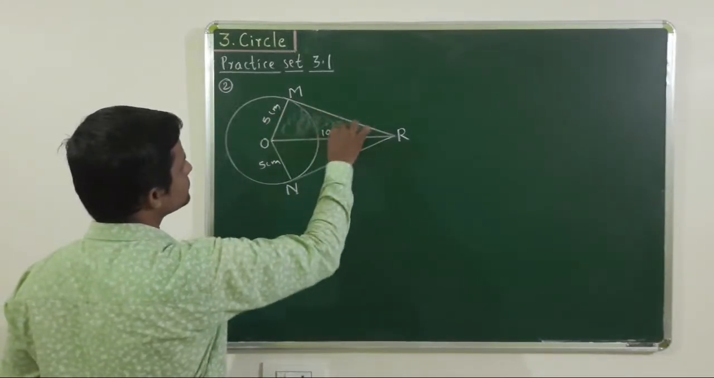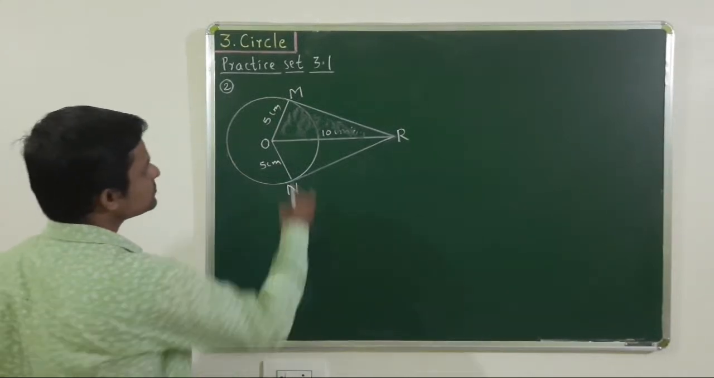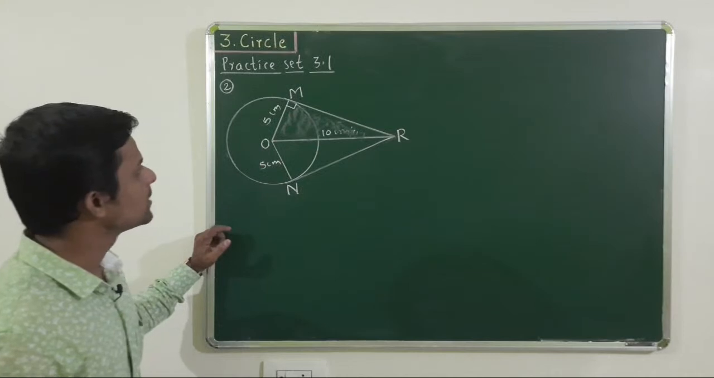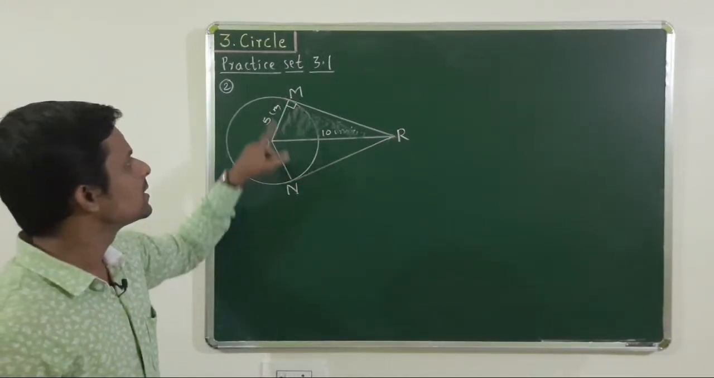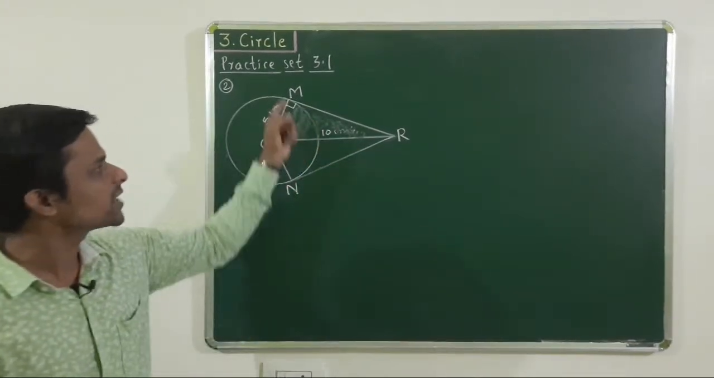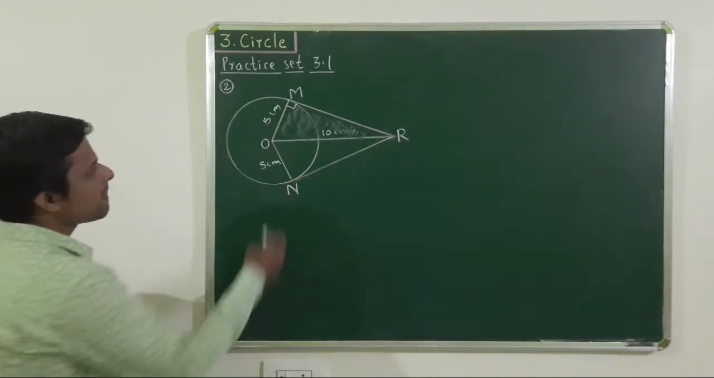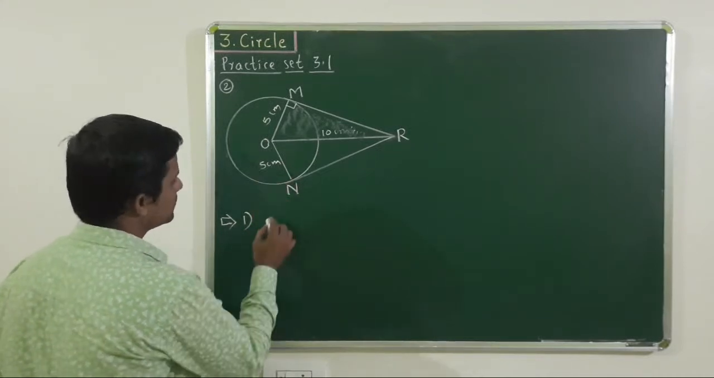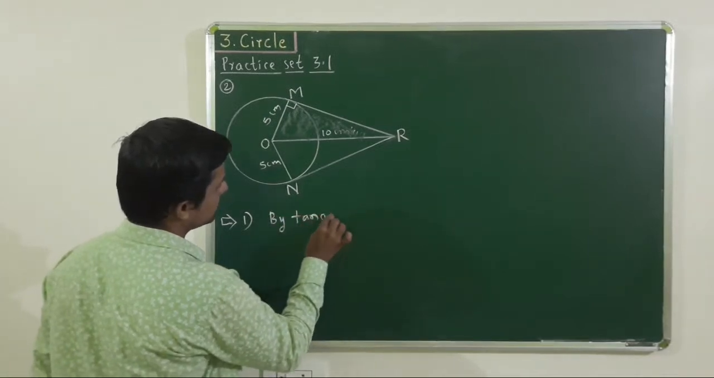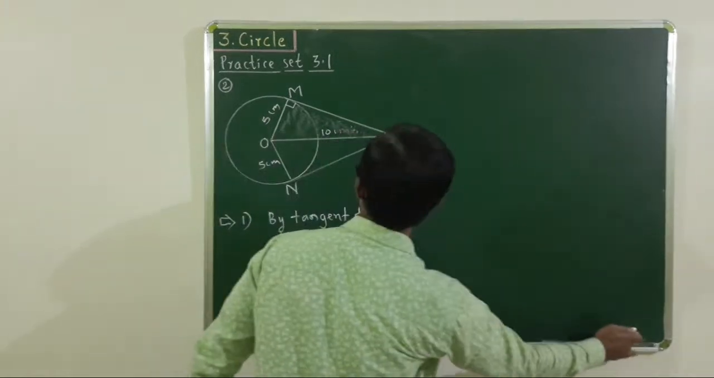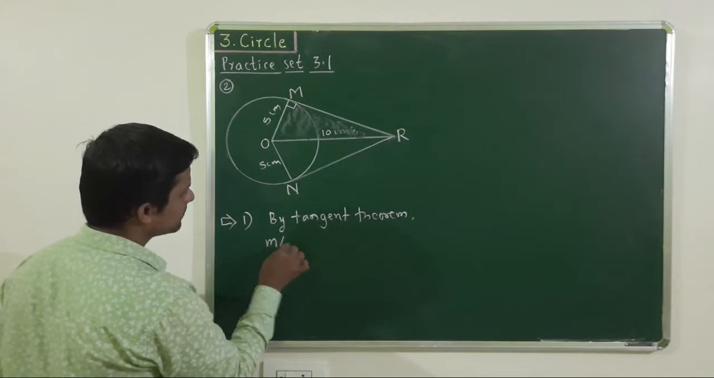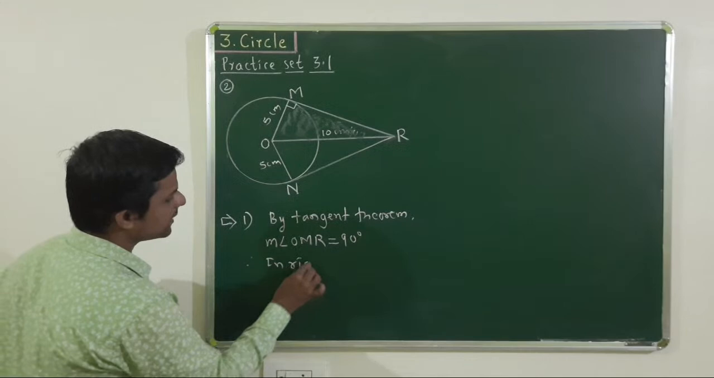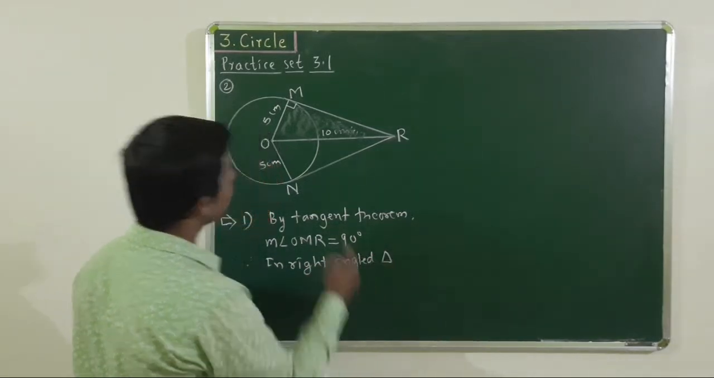For that, observe this triangle, that is triangle OMR. In this triangle, OM is the radius and RM is the tangent, therefore measure of angle OMR is a right angle, reason is the tangent theorem. Now OR is given, that is 10, OM is given as 5 and it is a right angle triangle, hence by Pythagoras theorem we can find RM, and that is the same for RN. Solution for the first sub question: by the tangent theorem, measure of angle OMR is 90 degrees. Hence, in right angle triangle OMR,